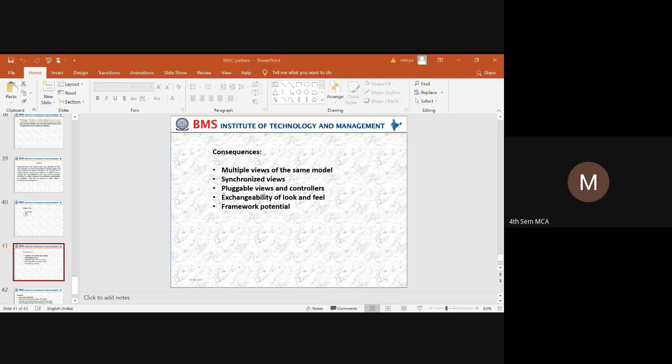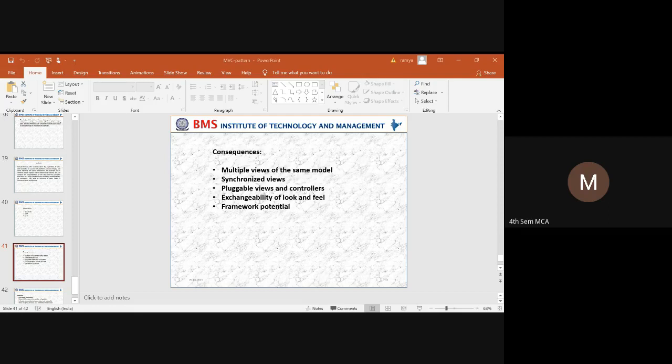So whatever the model changes that have been notified, and that the model has adapted, all those corrected data or changes that have happened at the particular time, with the exact time, it has to synchronize the dependent views. Immediately, it has to change the view. In such a manner, the synchronized view will be considered in the MVC pattern.